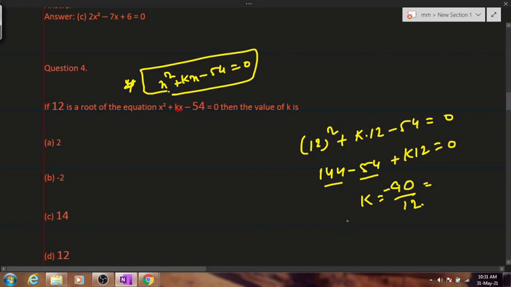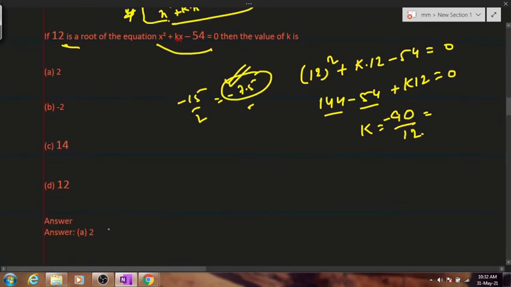I am never getting 2. So something is definitely wrong out here, right? How much will I get? It will be in fraction, obviously. Let's check if minus 12 is the root of this. Sir, minus 15 by 2. It's around 7.5, right? So then you'll take this option. Okay, there is something wrong out here. Answer is A. I don't know how this Bodhishwata got this answer.